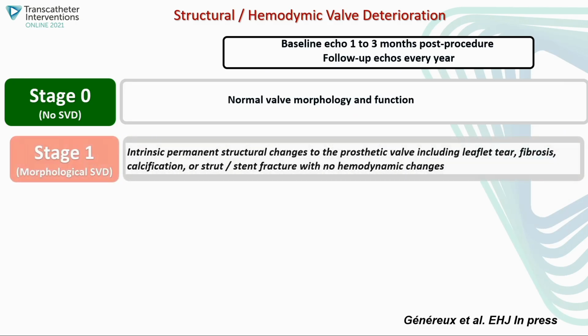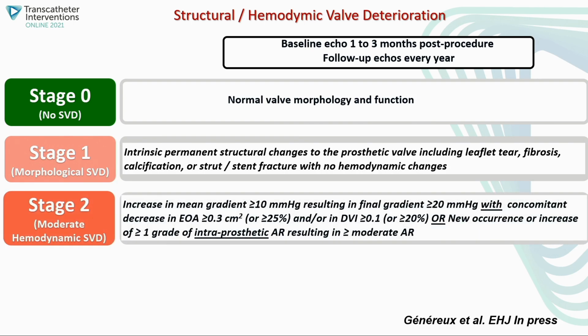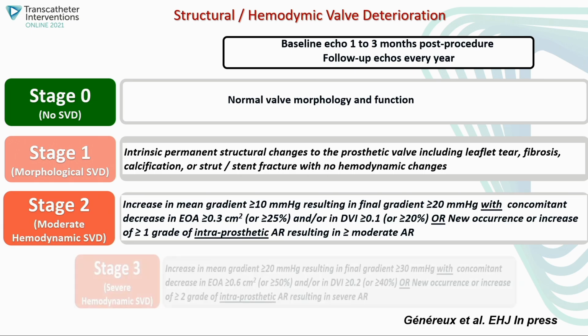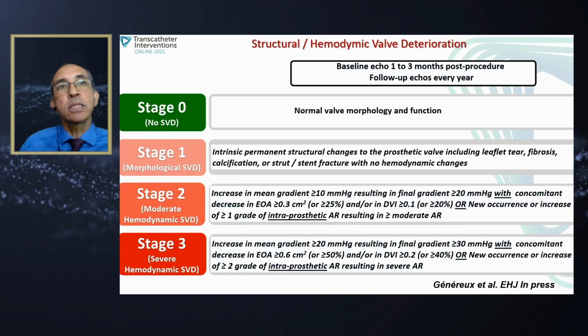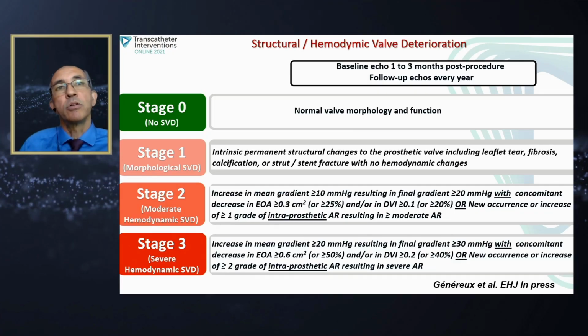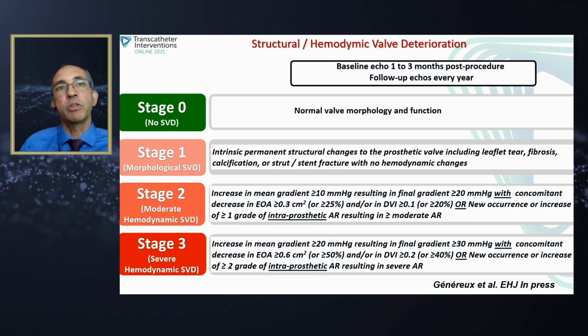Just to say that what we put in VARC-3, and the papers in press, and Philippe Généreux led this VARC-3 work, is that to eventually define structural and hemodynamic valve deterioration, we put a very important emphasis on the morphological, the structural changes. And then for defining stage 2 and 3, so moderate and severe hemodynamic valve deterioration, we mandated the deterioration in hemodynamic function, so an increase in gradient with concomitant decrease in area with the following